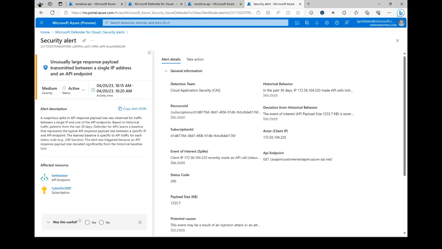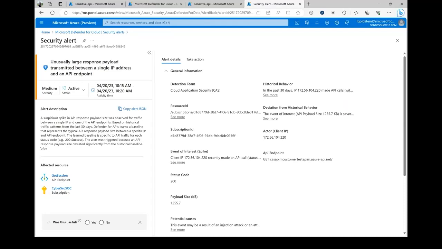For the rule-based detections, those are going to be the same in every customer environment. We're looking to see if suspicious user agents are accessing your API endpoints, if there are requests coming from IP addresses that are known to be suspicious based on Microsoft Threat Intelligence data, and if any sort of Tor exit nodes are accessing your IP addresses in an attempt to mask the underlying IP and maybe perform some sort of attack. But then we also have the machine learning based detections.